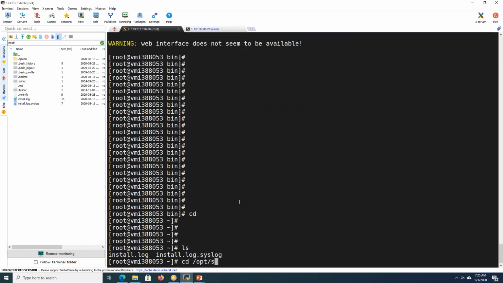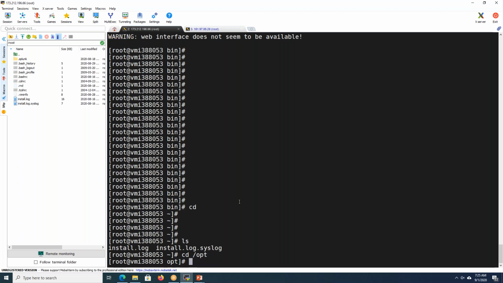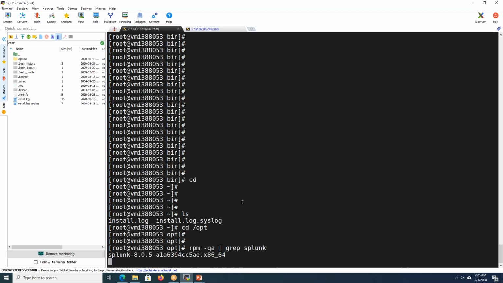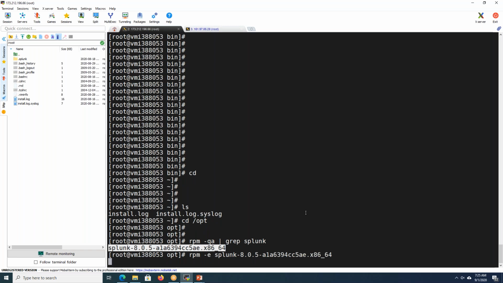cd /opt. If I want to remove the package, I have to issue this rpm -e.